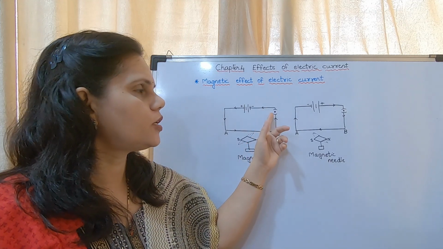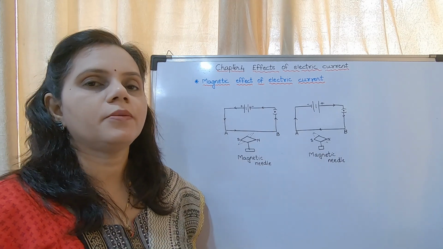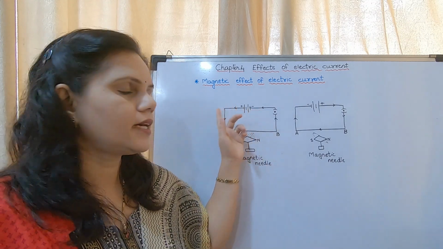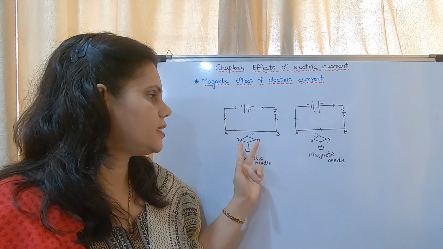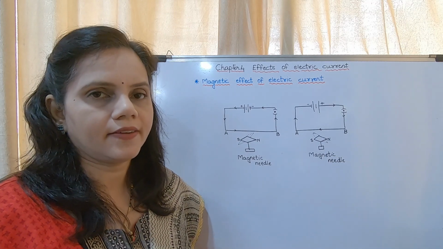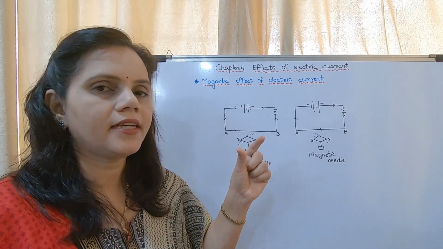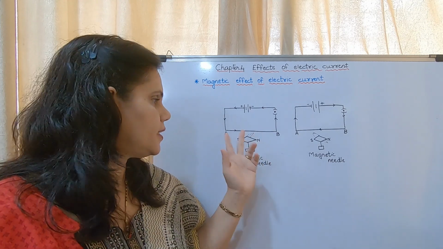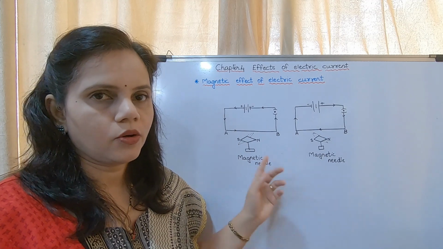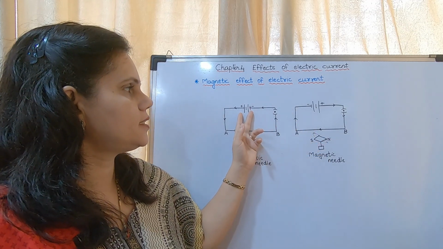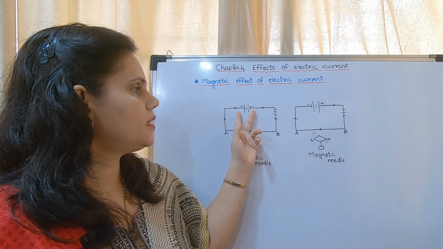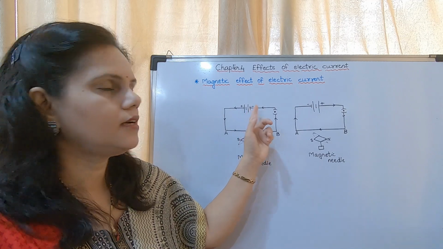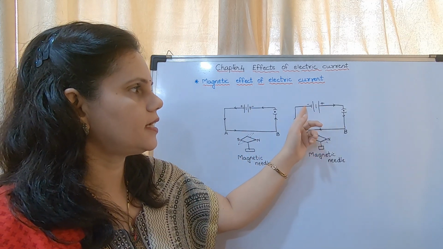Now when we put on the plug, the current will start flowing through the circuit. When the current starts flowing, it is seen that the magnetic needle will get deflected in one direction. It changes its position. Now in the second condition, they have changed the positive and negative. You may see here in this case the current is flowing in this direction, that means positive is here and negative is here.